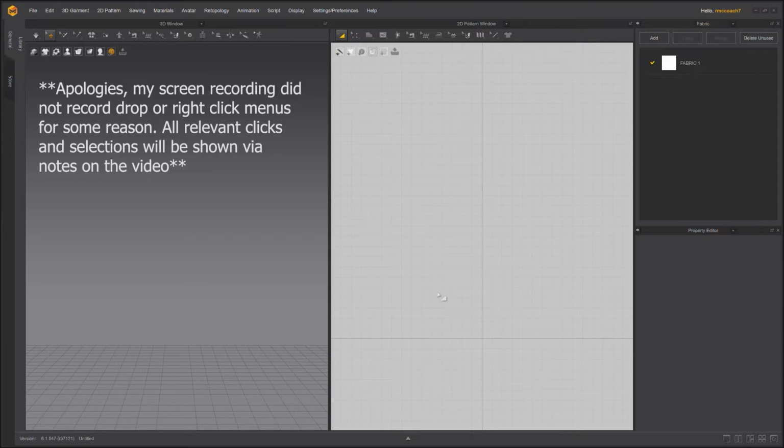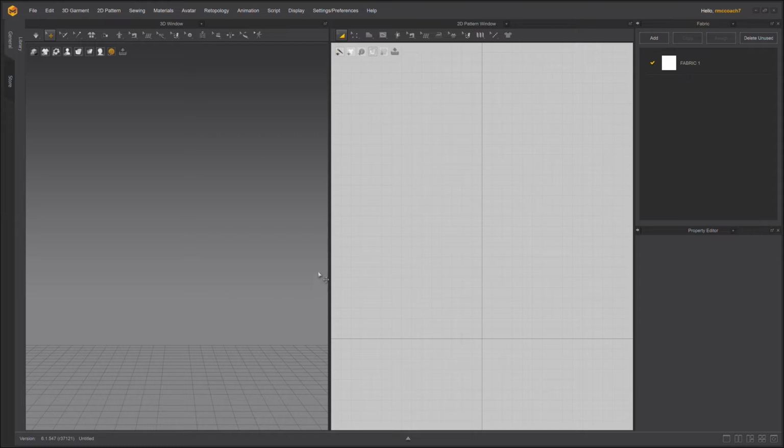Alright, so when you first open Marvellous Designer, you'll see this weird split screen view. On the left you've got the 3D view, and on the right you've got the 2D pattern window. This will be where we're going to draw out the pattern and see it in 2D mode and edit it and sew it all and whatnot on that side. So the first thing we need